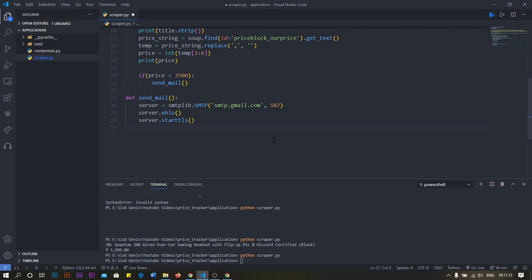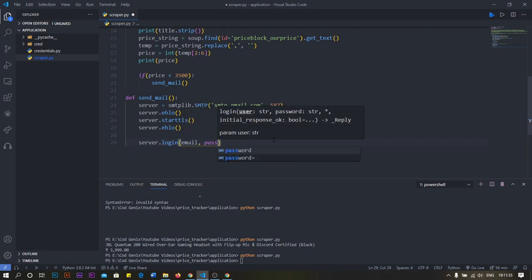Okay, SMTP. Yeah, now what we have to do is server.ehlo again, to acknowledge the communication that we received from the server. Now after doing this we have established the communication with the server. Now we have to log into our main account. Okay, so now to log in, another mistake that we made here is we have to use the SMTP method. So yeah, the error is resolved.